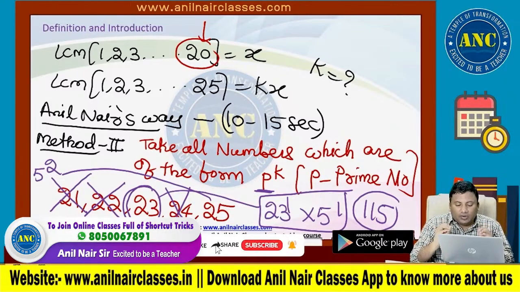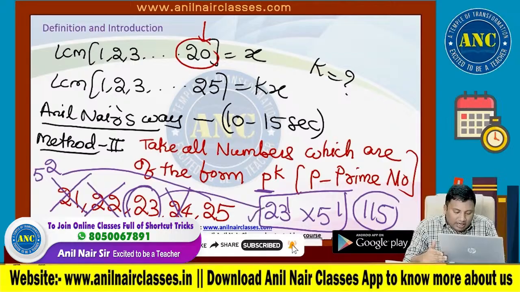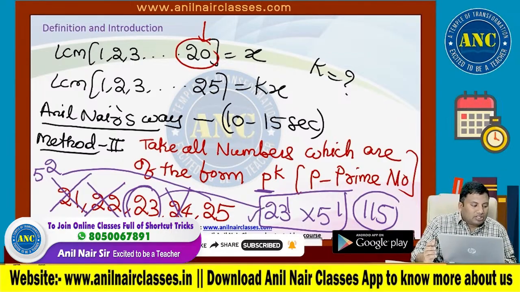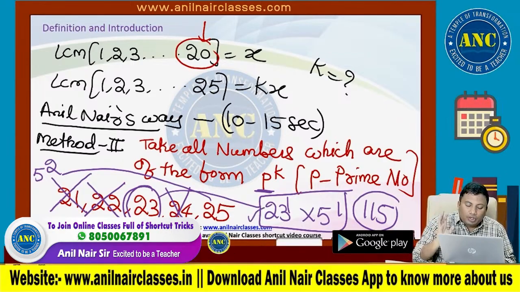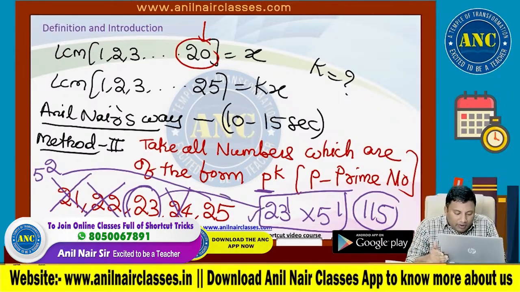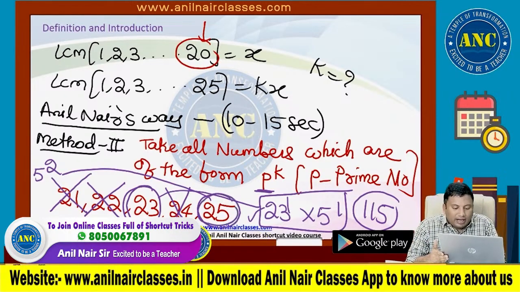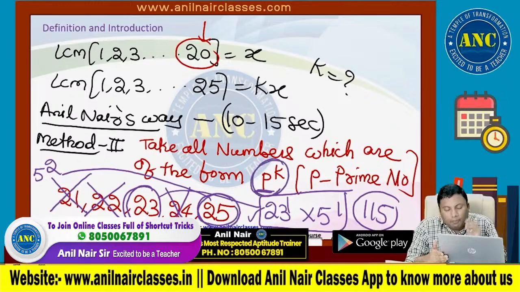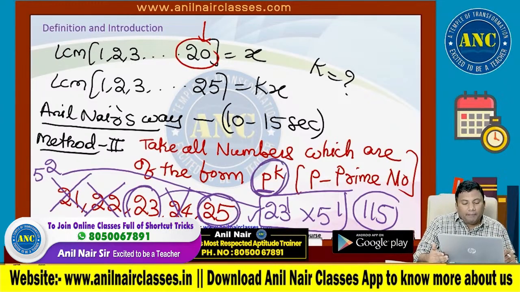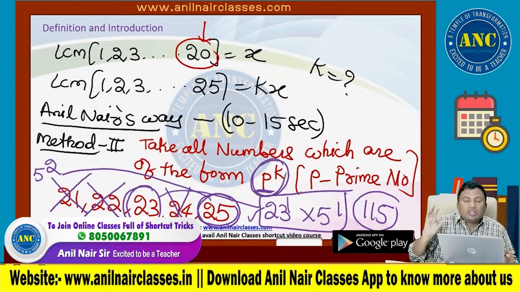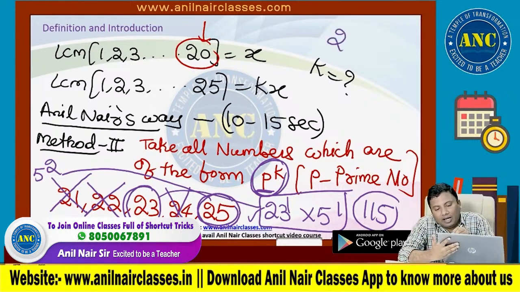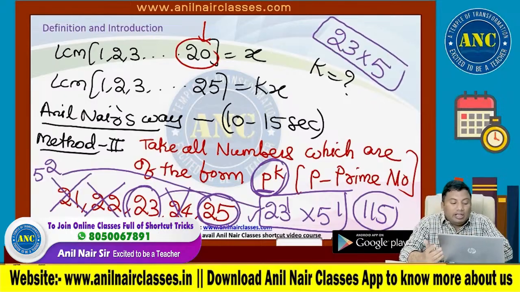23 is 23 power 1. Please write it. 24 is 8 into 3. Eliminate it. 25 is 5 square. 5 square is of the form p power k. But till 20 there is one power of 5 that will come. So extra one more 5 will come. Answer is 23 into 5. 23 into 5 is